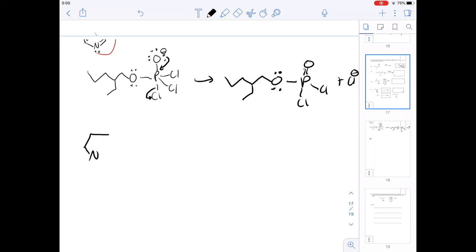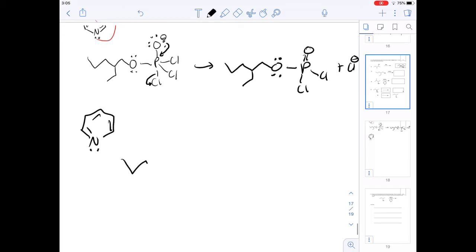So for the next step, you're going to have pyridine again. Come, and it's going to pull off an H that is adjacent to the giant group. So I'll show you what I mean in a second. So it's going to pull off, not that one, this H,